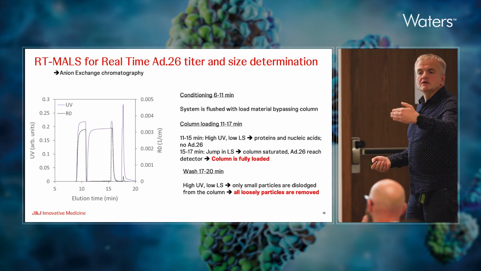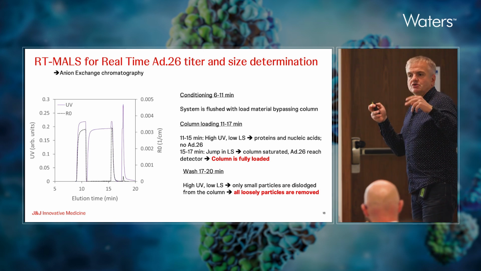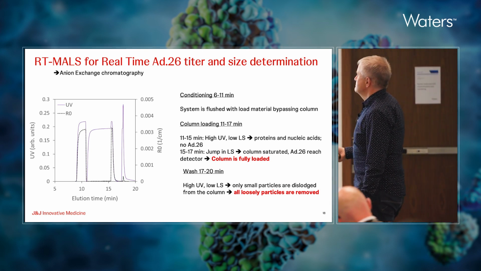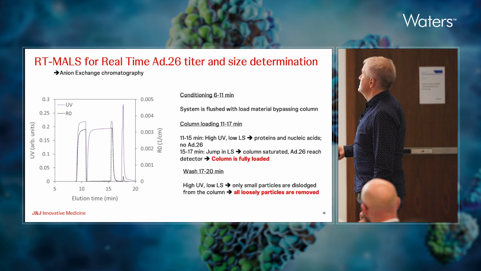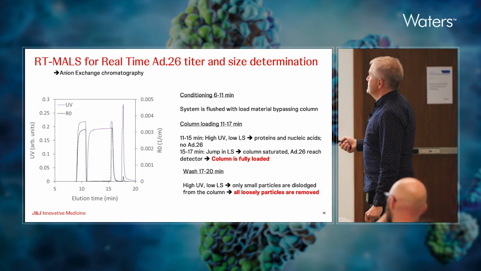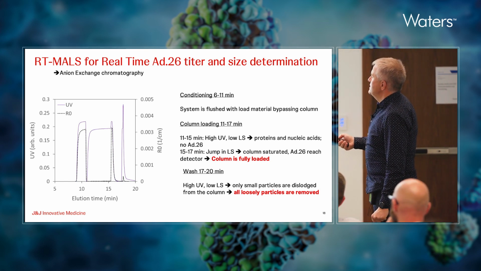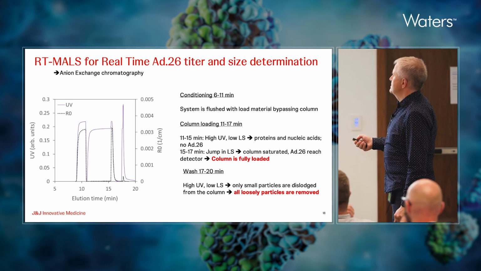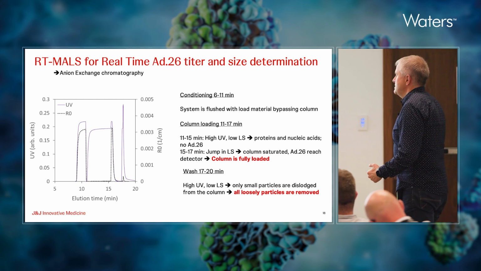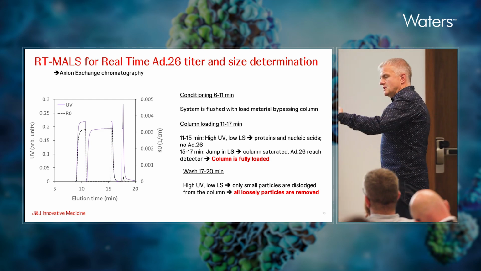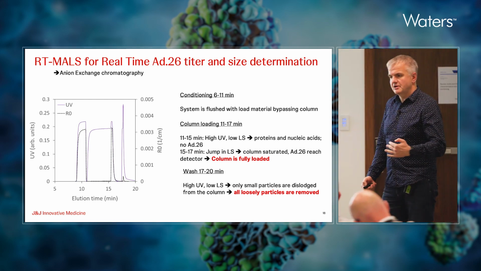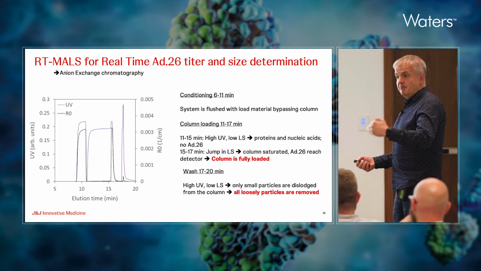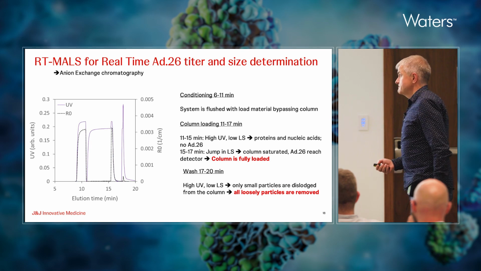And of course, in addition to the light scattering detection, we still have the traditional UV detection. In the conditioning phase, between 6 and 11 minutes, you see that we start seeing signal both by UV, in purple, and light scattering. So the conditioning means that we are flushing the system without having the sample entering a column, so bypassing the column. And after 11 minutes, we know that the flush has happened, the signal is stabilized, so we can start loading.